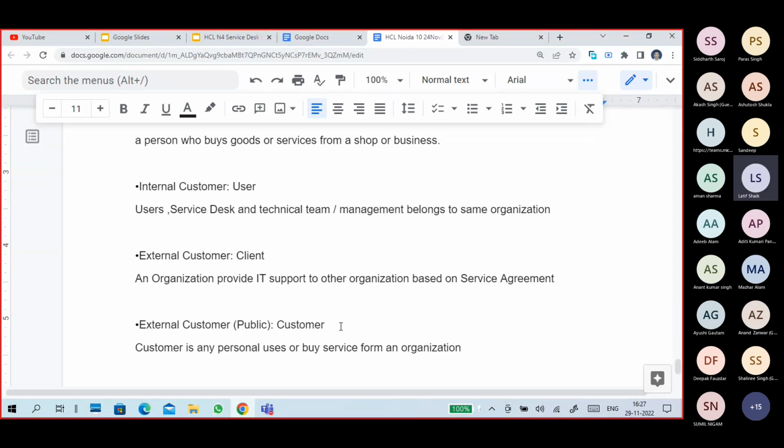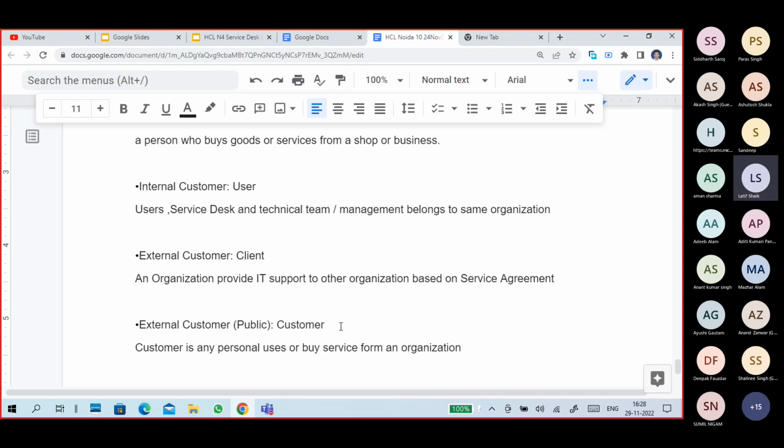We think so when we hear the words service desk, customer care, customer. We think this is our profile in our organization. No, guys. That's why I put them in a third category. Is it an external customer? The type of customer is external, but public type means any random person can take a service from your organization.